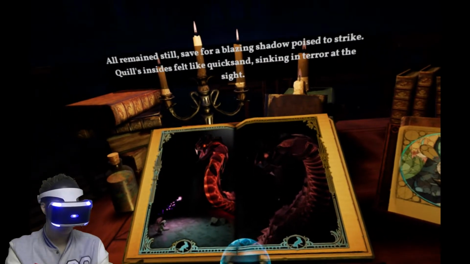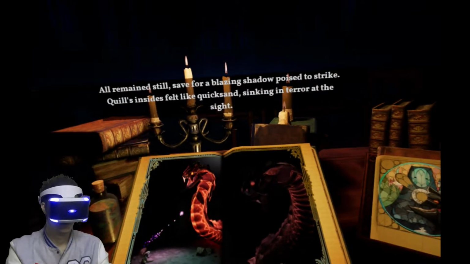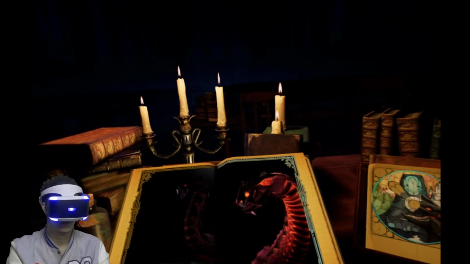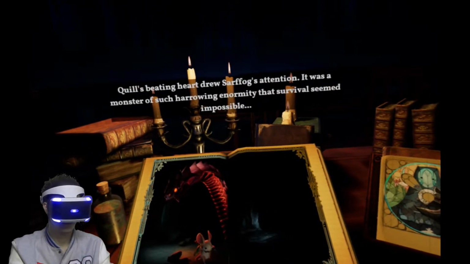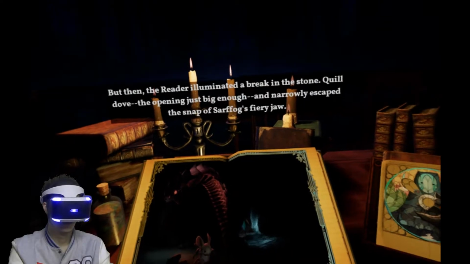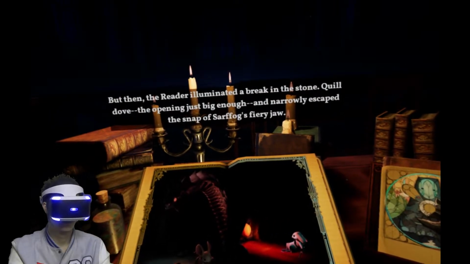All remains still, save for a blazing shadow poised to strike. Quill's insides felt like quicksand sinking in terror at the sight. The shape lunged, metal crashed, and Adurin's light went out. Quill's beating heart drew Sarfog's attention. It was a monster of such harrowing enormity that survival seemed impossible. But then, the reader illuminated a break in the stone. Quill dove, the opening just big enough, and narrowly escaped the snap of Sarfog's fiery jaw. Thank